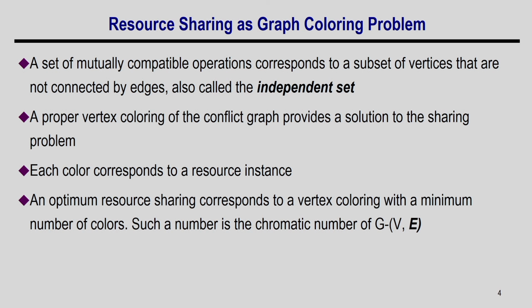And then, if you try to color the nodes of the graph, if the nodes have the same color, they cannot be adjacent. If that is the logic we apply, then the minimum number of colors needed to color all the nodes of the graph is nothing but the resource requirement, right. And each color represents an FU, and all the nodes with the same color can be mapped to the same FU in the hardware, right. So, that is something very interesting, that resource allocation and binding can be mapped to either the clique cover problem or the graph coloring problem.